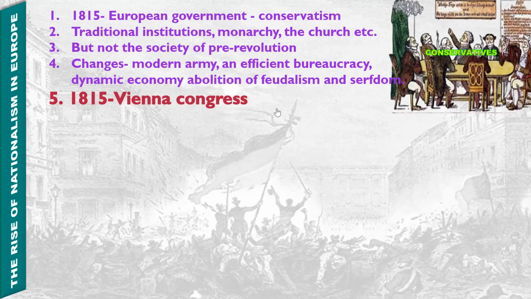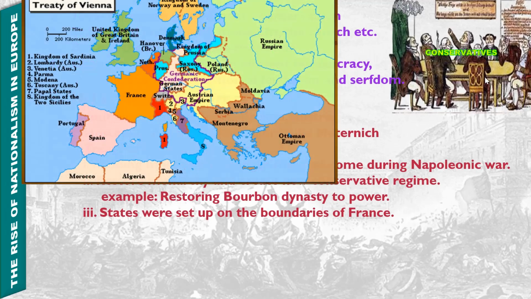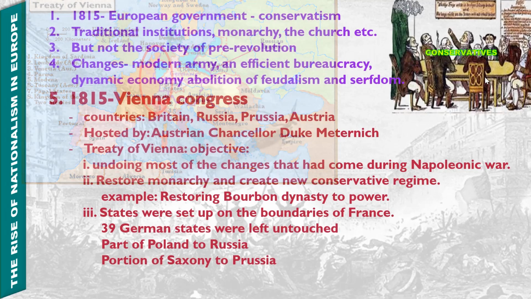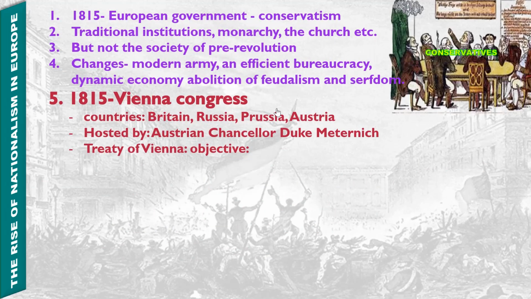The Bourbon dynasty, which had been deposed during the French Revolution, was restored to power, and France lost the territories it had annexed under Napoleon. A series of states were set up on the boundaries of France to prevent French expansion in future. Thus, the Kingdom of the Netherlands, which included Belgium, was set up in the north, and Genoa was added to